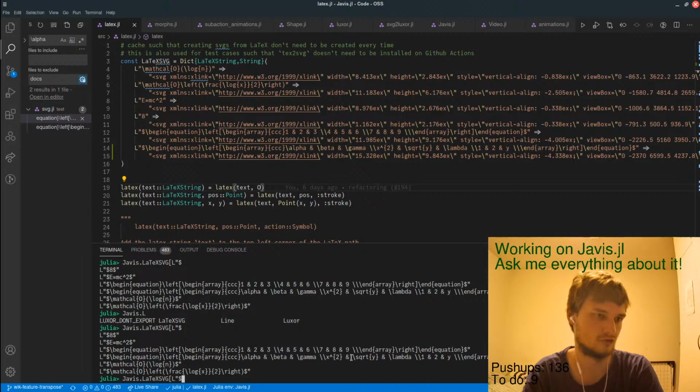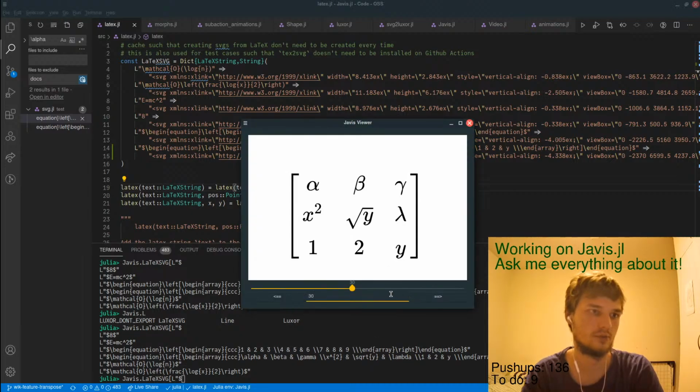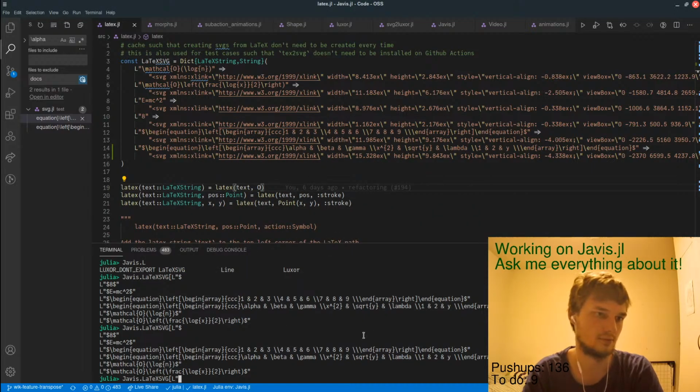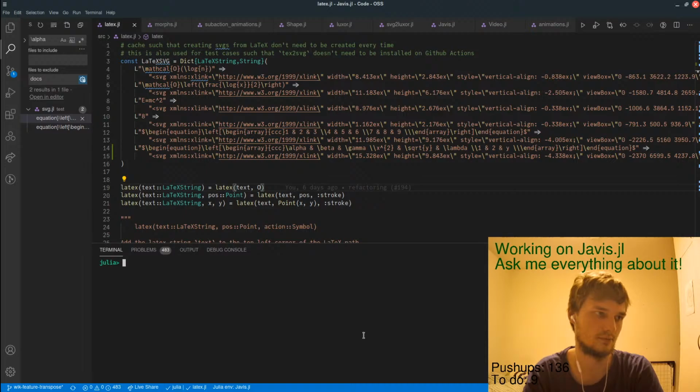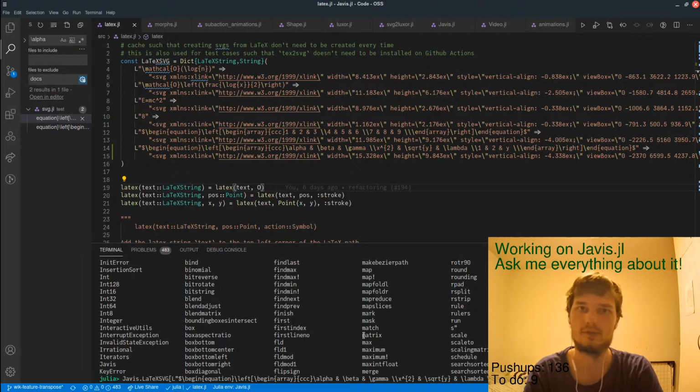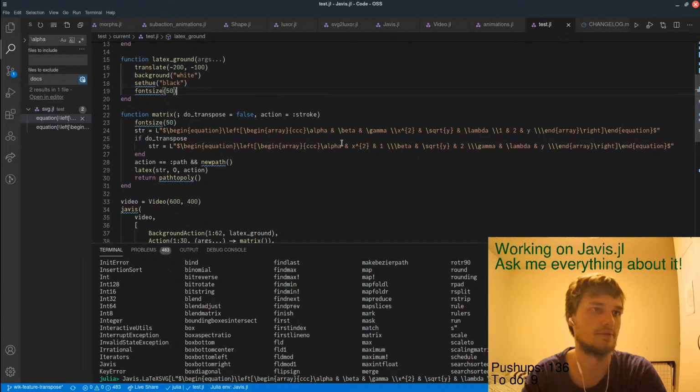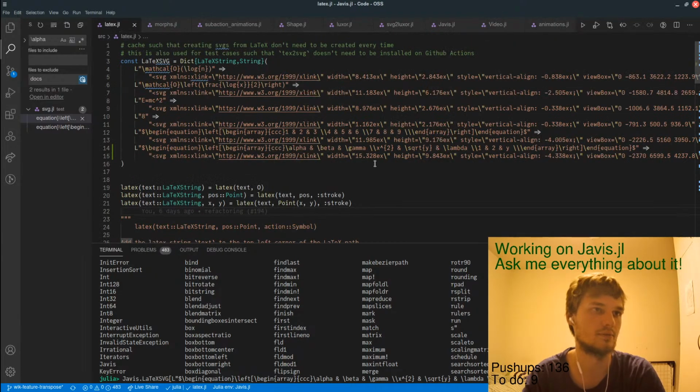Okay. Why is this not there yet? What is the problem? I wanted to have this form alpha. Yeah, this one transposed. Otherwise, this not here.